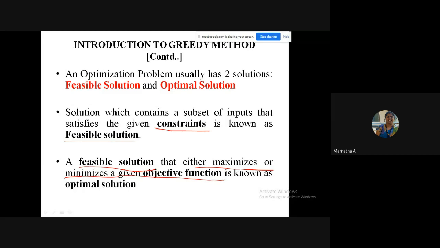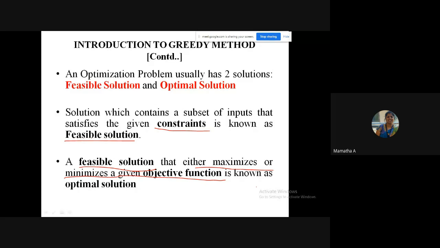It is not wise to spend all 2000. Let me purchase for less. If that is the objective function, my constraint here is to maximize or minimize; I have to minimize, isn't it so? So a feasible solution which either maximizes or minimizes a given objective function is known as the optimal solution.